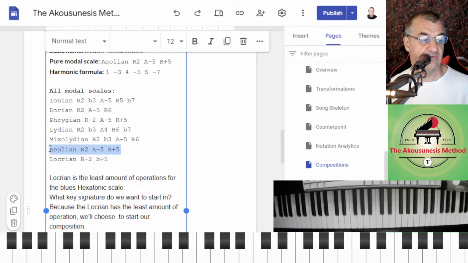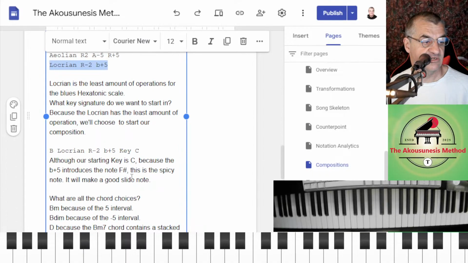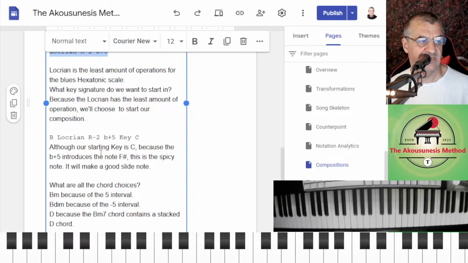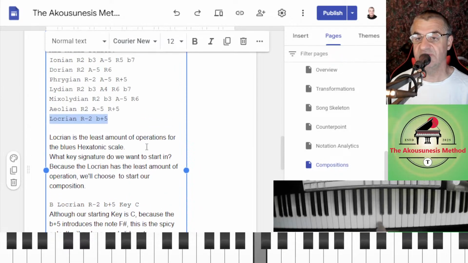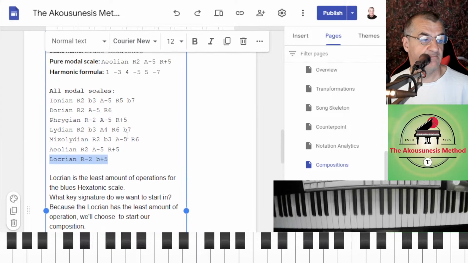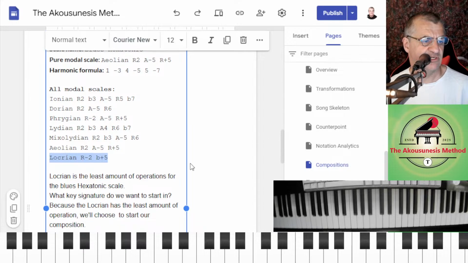Now, if you're in the Locrian mode, you're in another key. Let's say we're in Locrian, so we're in the key of B here. We determine that by remembering the Locrian is the next one up. Well, that's in the key of C, but why did I choose B here?